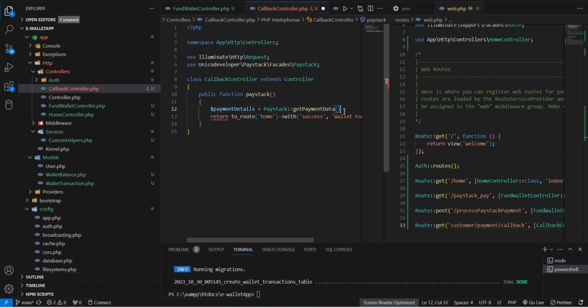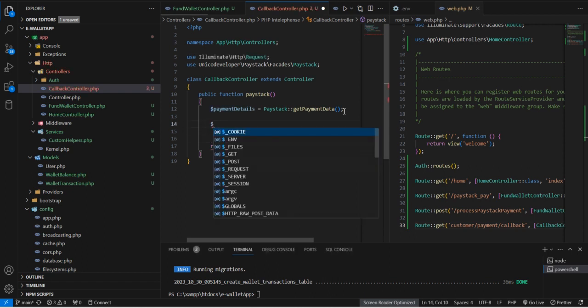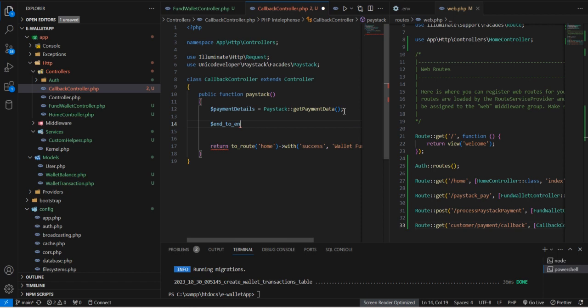Yep, that's what he says we should use. Get payment data. What we will then do now, if you recall, we created an end-to-end encryption. So just say end-to-end, and we'll just say equals to